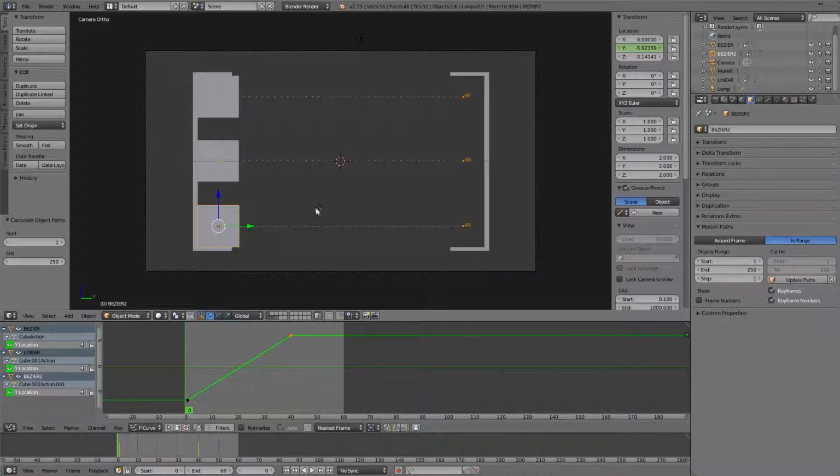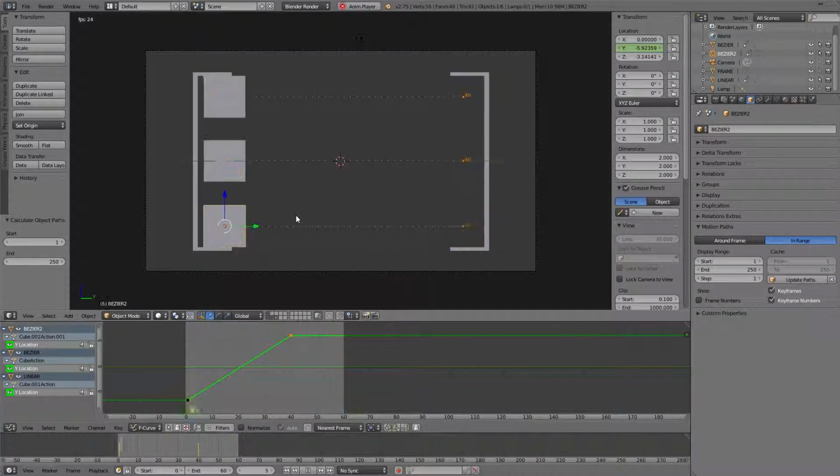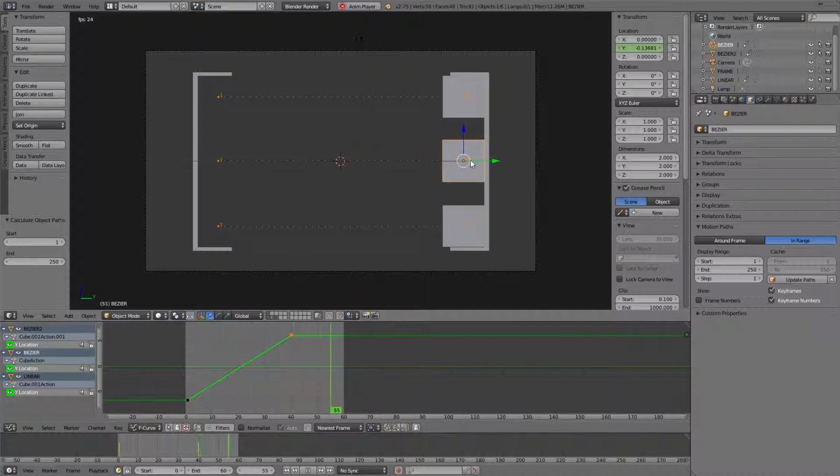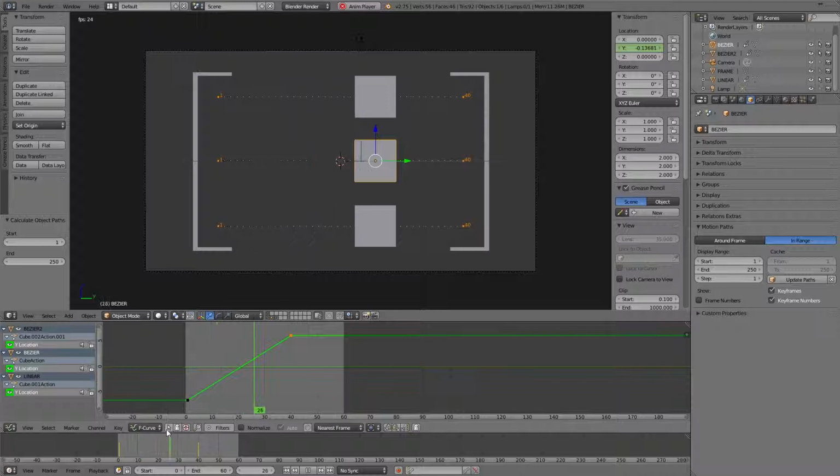Nice and easy. So anyway, 3 cubes, 3 motion paths. We'll hit Alt-A to play, and let's start experimenting. I'm going to select our second cube down, and what we're going to do is change the interpolation on it. Before we do this, it's very important, in our graph editor, we've got to turn on